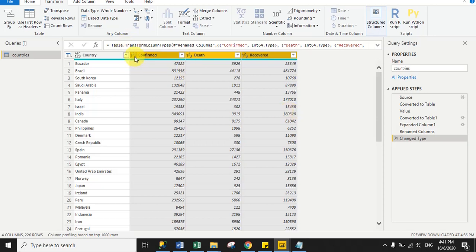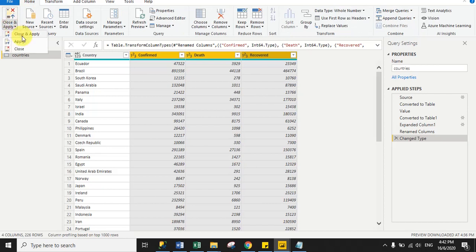So now I can also change. You can see here earlier it was showing ABC, and 1 to 3. Now it is showing 1 to 3. 1 to 3 denotes the integer data type, right? So here we successfully changed the column name and data type for all 3 columns, right? Then click the Home tab and click Close and Apply.